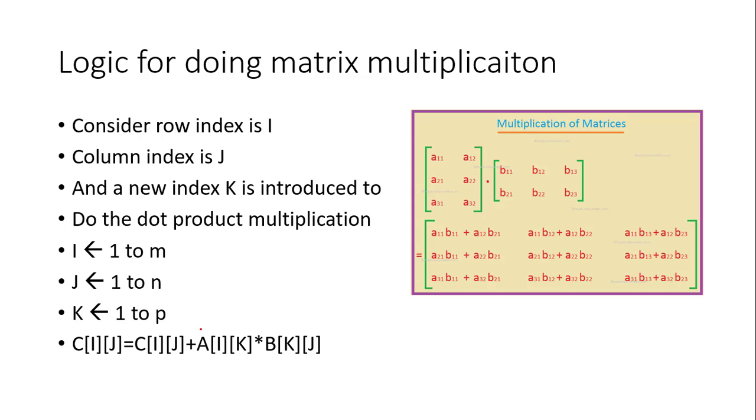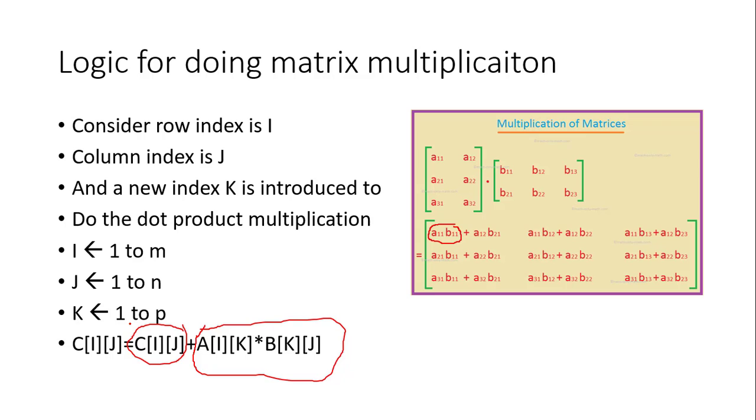See there, the A of ik star means the multiplication, and B of kj is used for implementing the dot product rule. I'm going to explain with 3 cases. So here, as a concept, I'm saying the A of ik star B of kj is implementing this part. Okay, so the A of ik star B of kj is doing the partial product, and that product is added up with C of ij.